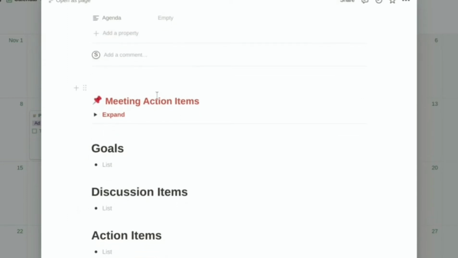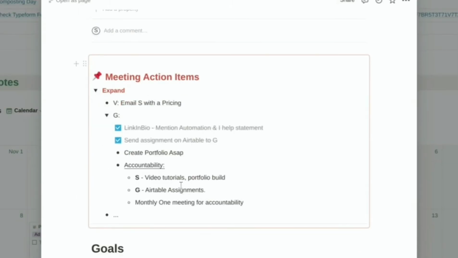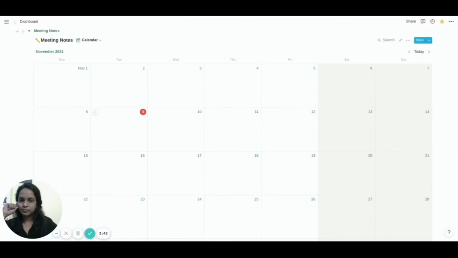But one important block this template generates for me is a synced block. Now, what is a synced block? It's a type of block that allows you to paste a set of blocks on multiple pages, but you have the ability to update them from any of the pages they appear. In other words, they are all synced across pages. So I thought, even though I would like to have MOMs as records in this table with their dates, what if I want to keep an important action item or something to keep in mind to act on later from these meetings in a place where I'm most likely to refer back to them often.